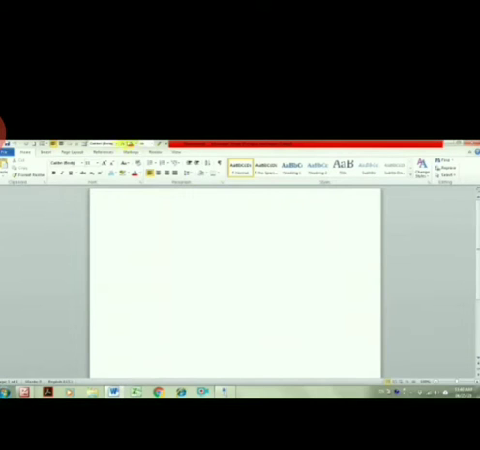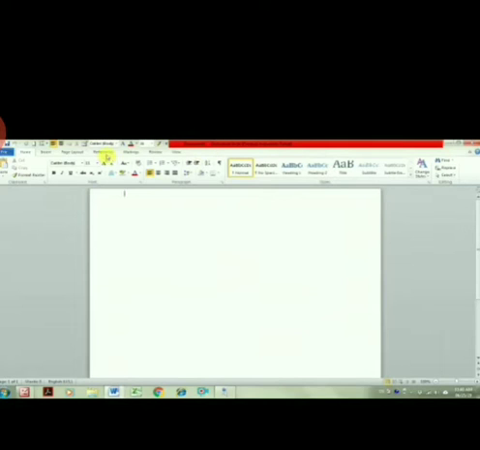As you can view, this is the title bar. I have not given a name, so it is written as Document 1. This is the quick access toolbar. These are the shortcut buttons: minimize to minimize the application, restore or maximize the application, and close the application. The title bar shows the title of a document.